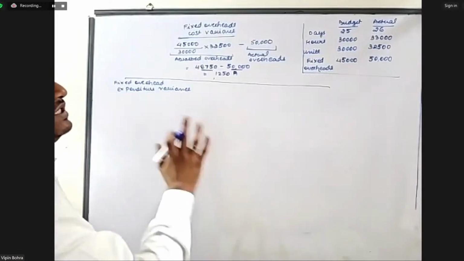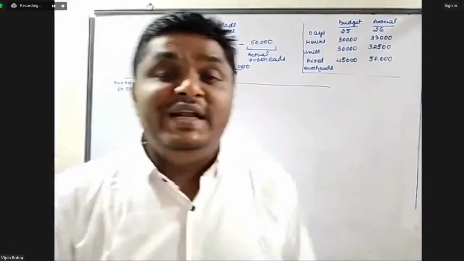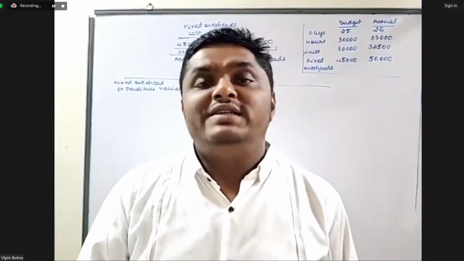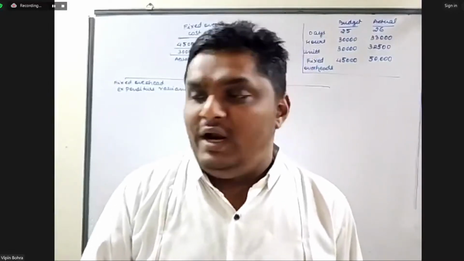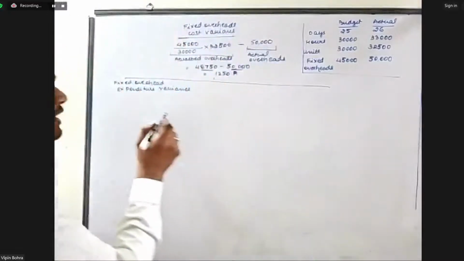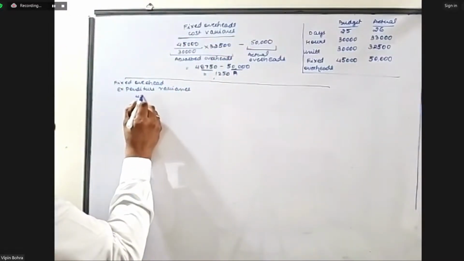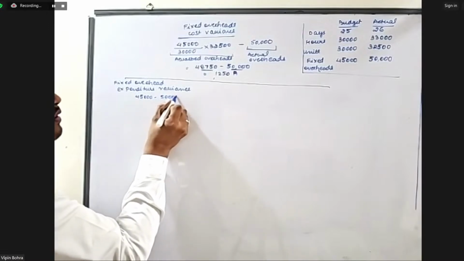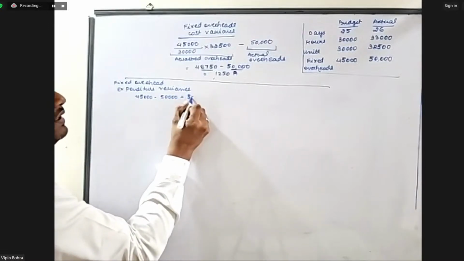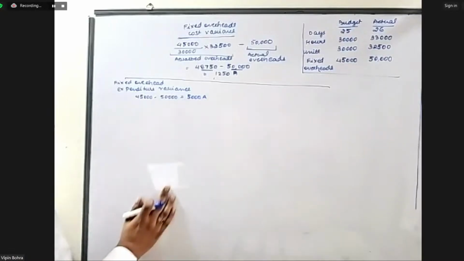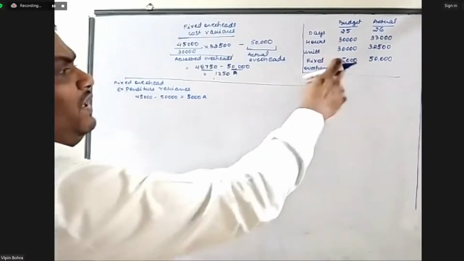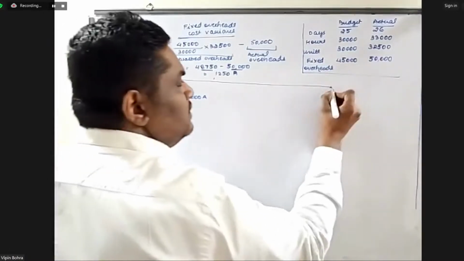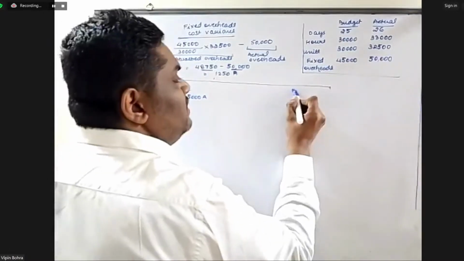Fixed overhead expenditure variance. So fixed overhead expenditure variance means what? We have to simply calculate the difference because fixed overheads remain constant at all levels of production. So we can directly calculate fixed overhead expenditure variance, that is 45,000 minus 50,000. So this is 5,000 adverse. 45,000 minus 50,000. So this is how I'll get 5,000 adverse. Now next is